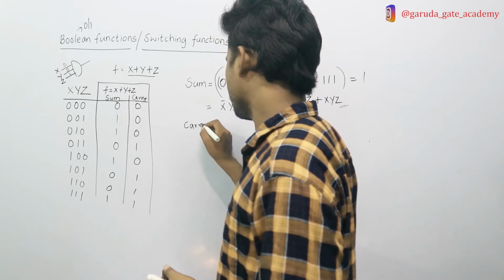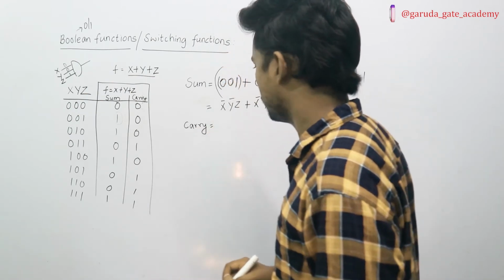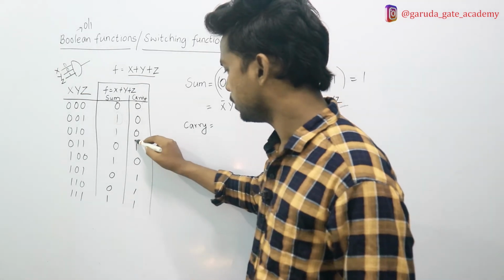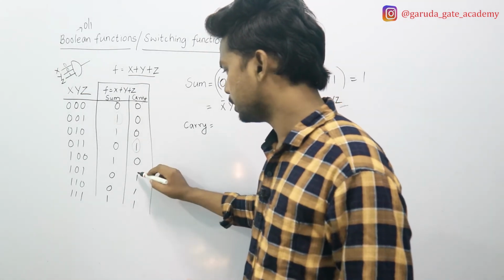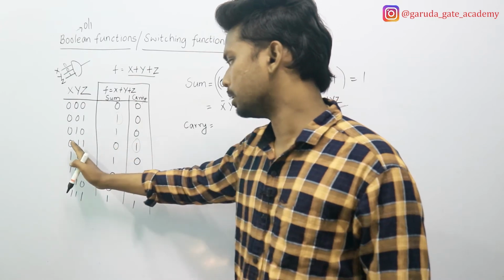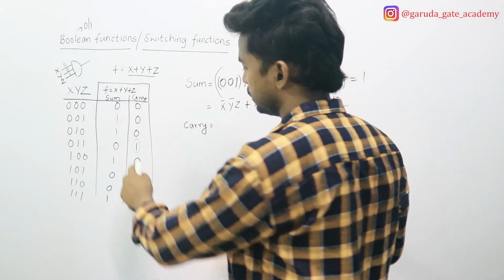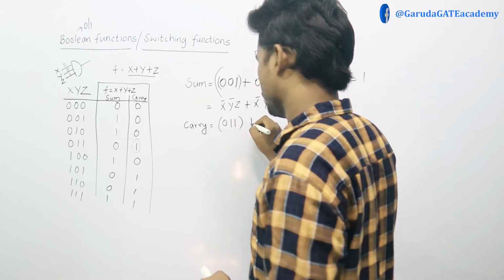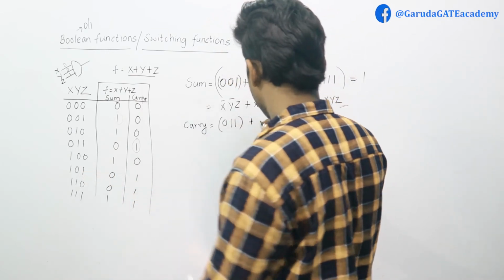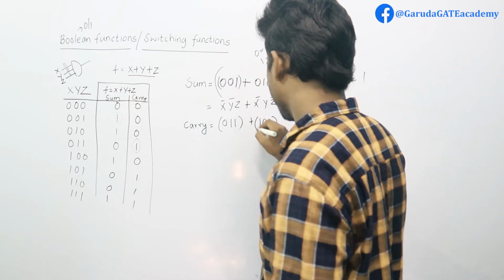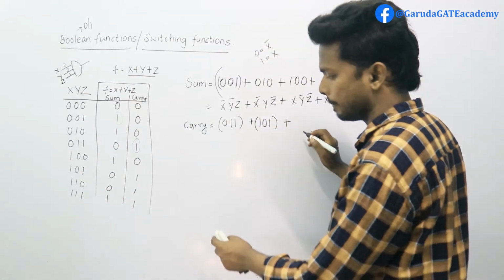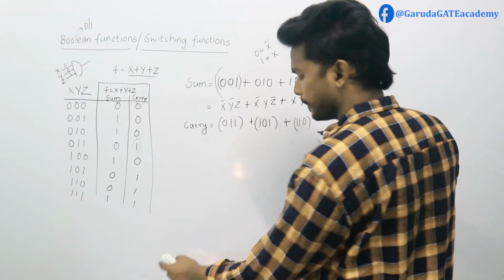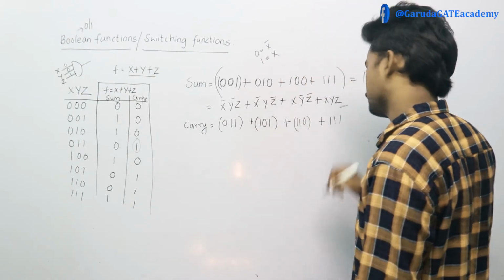So by now you will be able to frame the expression for this. So find out the ones here and these 3. So we write the corresponding elements in the domain part. So this will be 0, 1, 1 and 1, 0, 1 and 1, 1, 0 and 1, 1, 1. Okay.